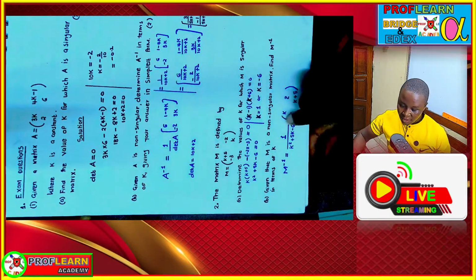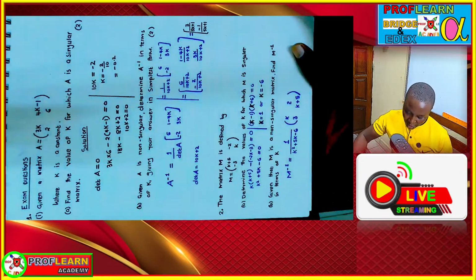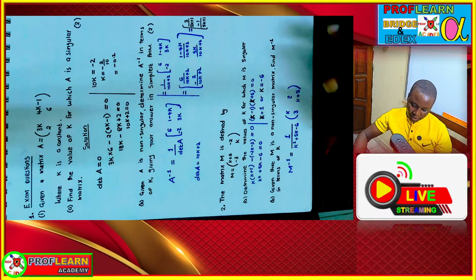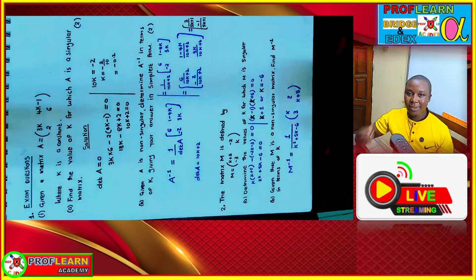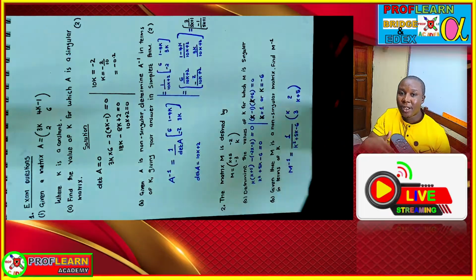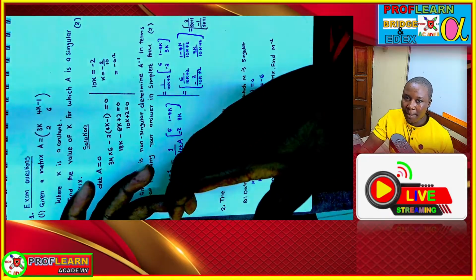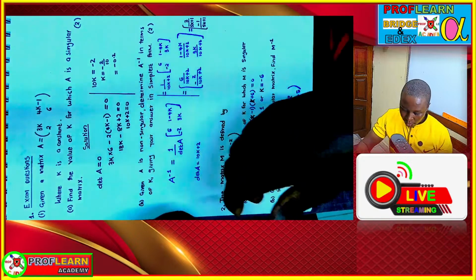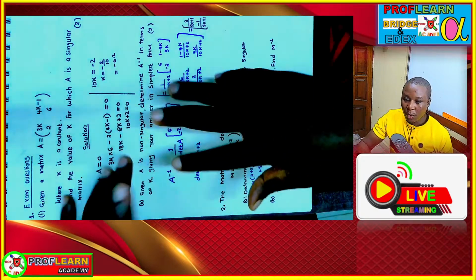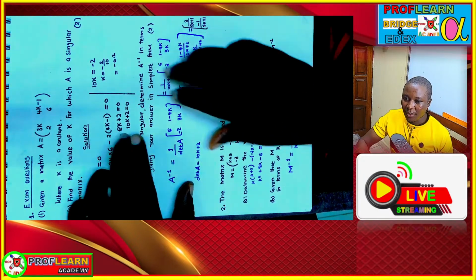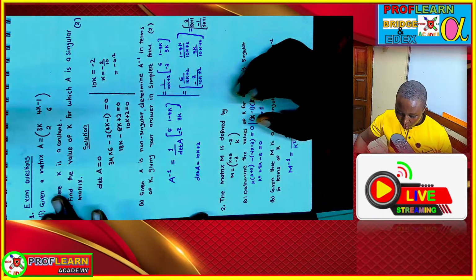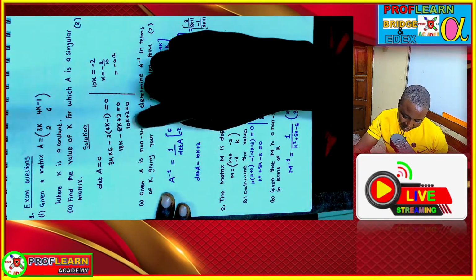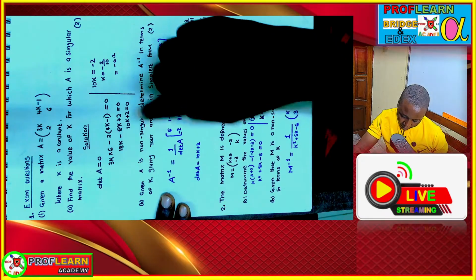Given A is non-singular, which means the discriminant is not equal to 0. It's not singular, it's non-singular. So which means the discriminant is not equal to 0 when they are saying that is non-singular. So in that case, we're going to take this expression that we have gotten here,